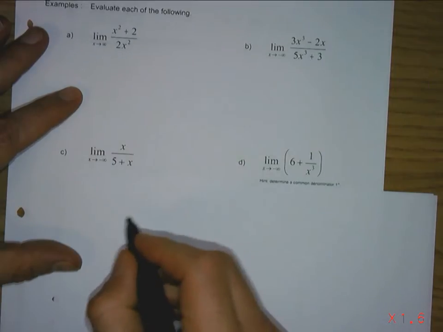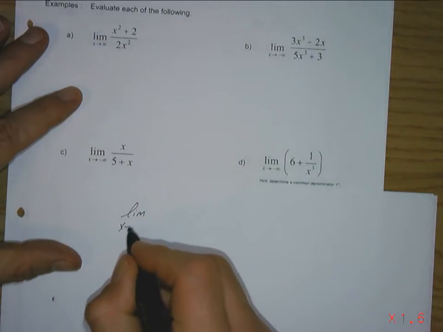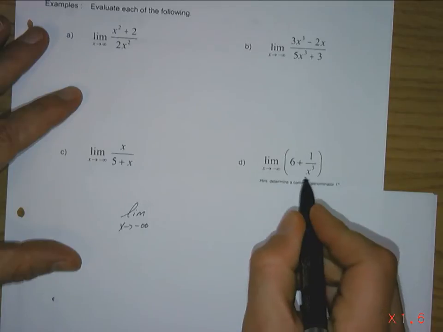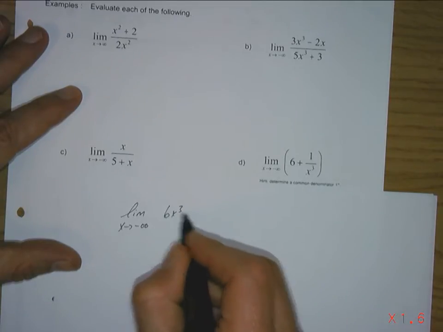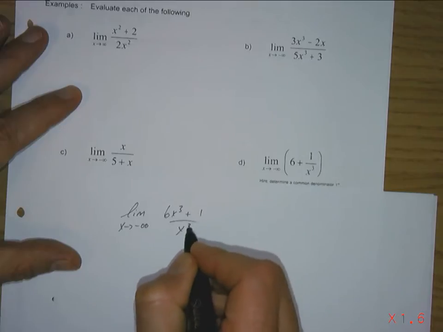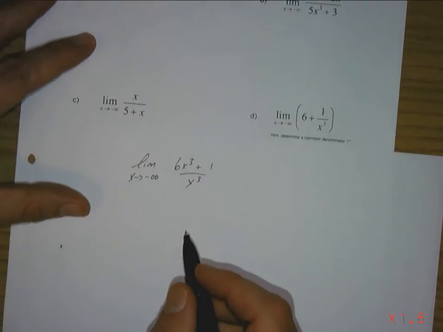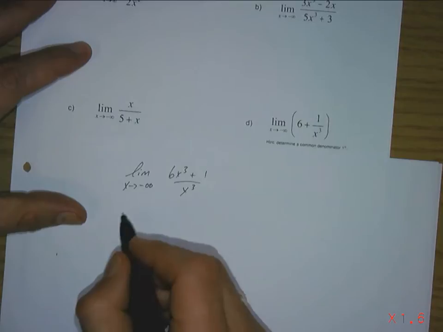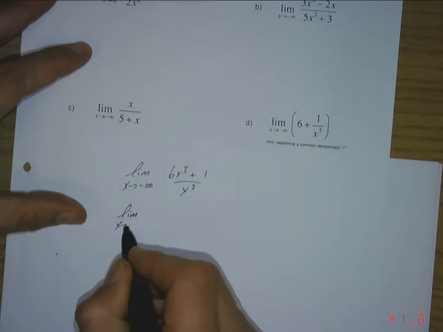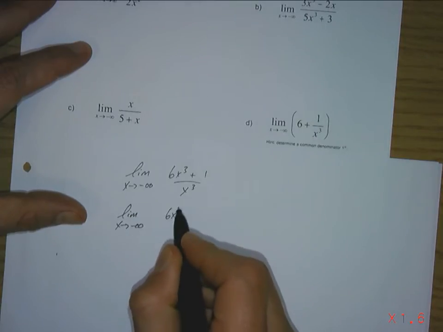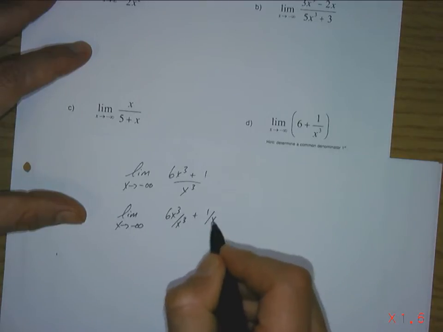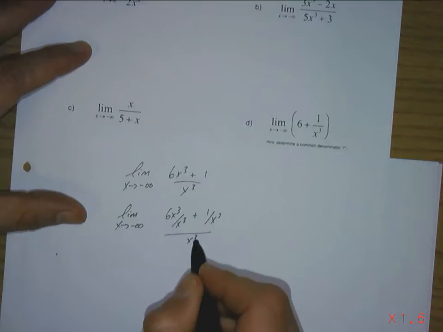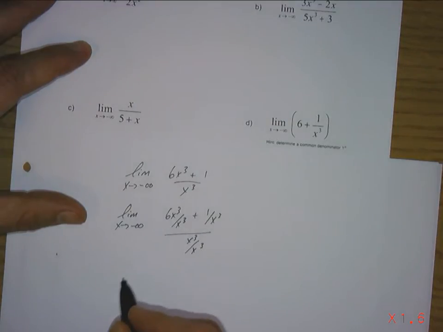So there's two ways I'm going to think about doing this. The first one gives me a hint. It says to determine a common denominator first. So now it looks like the other questions that we've done, all we have to do is use our theorem. I'm going to divide by the largest power of the limiting variable in the denominator. And that's going to leave us with